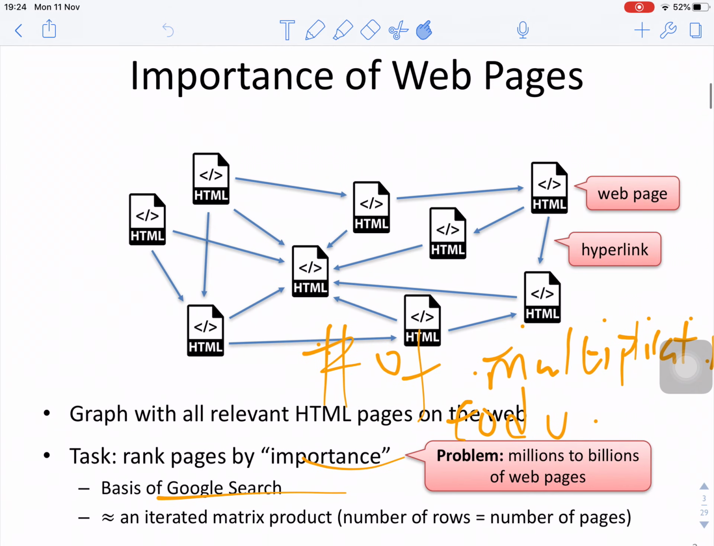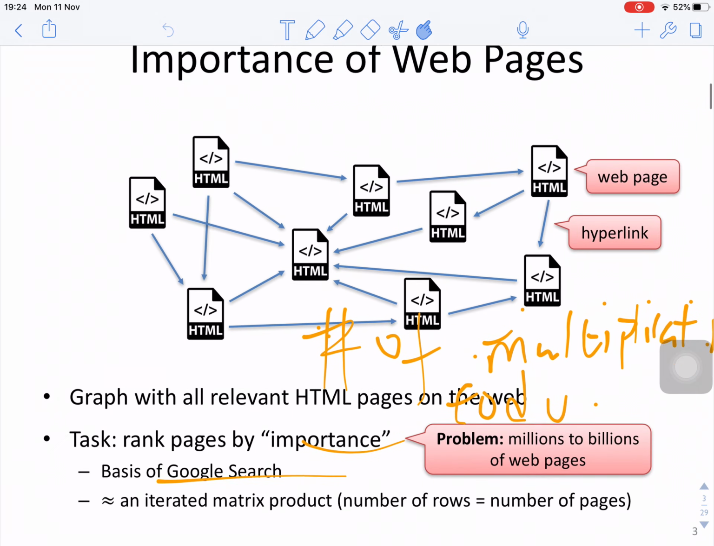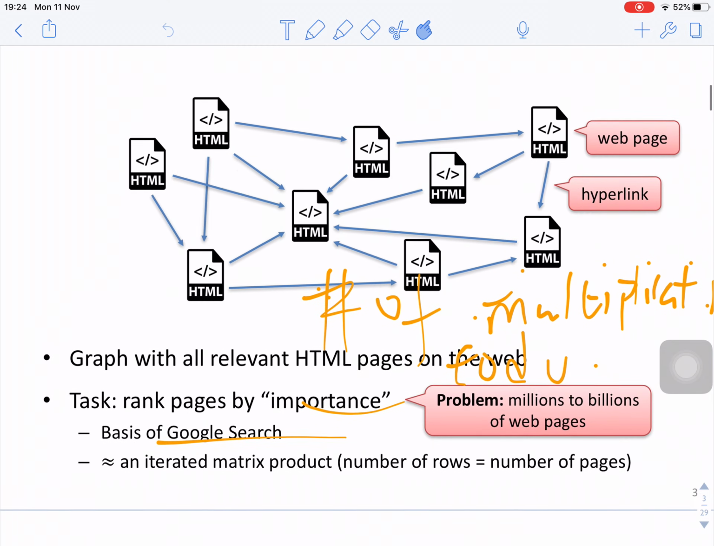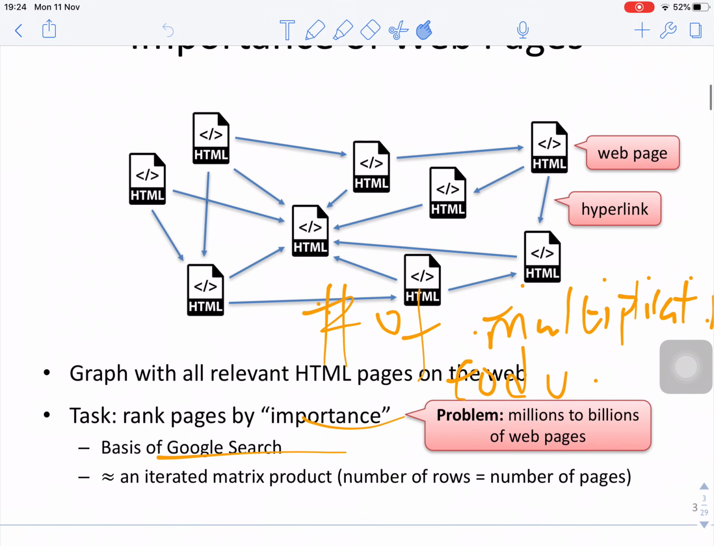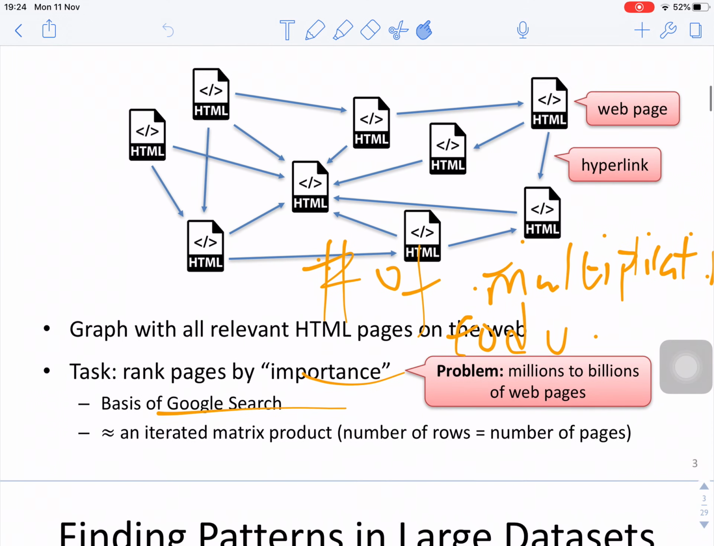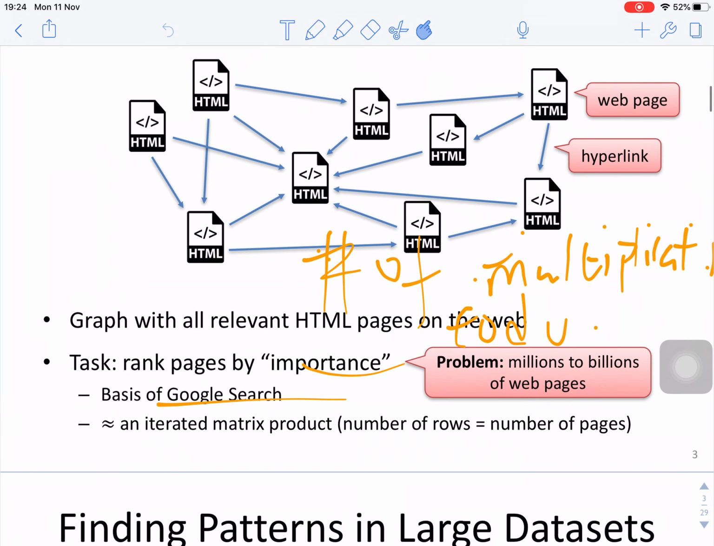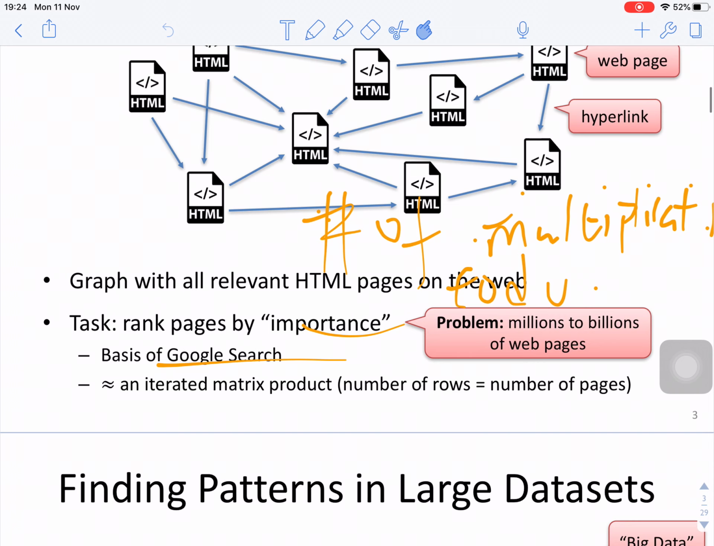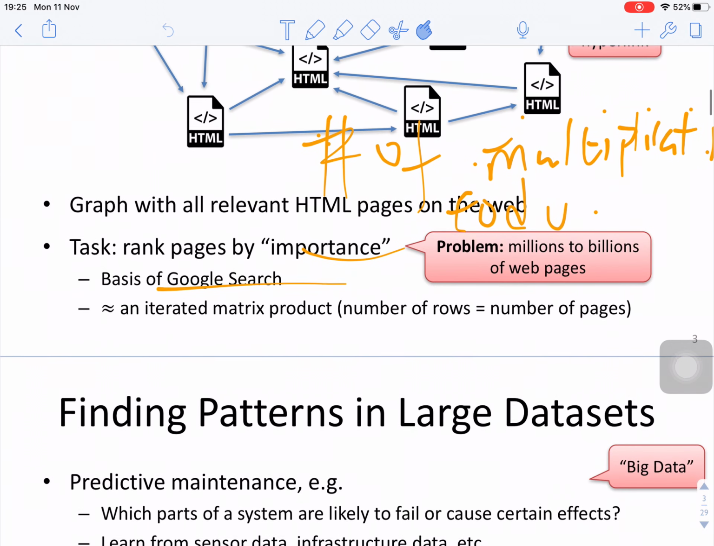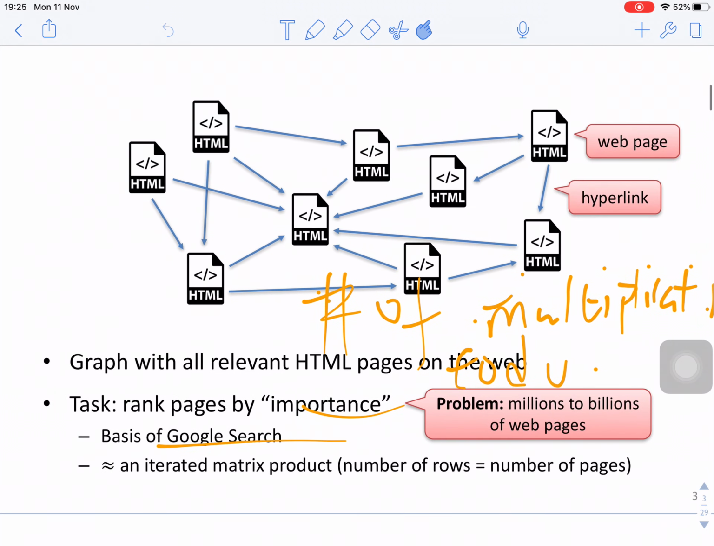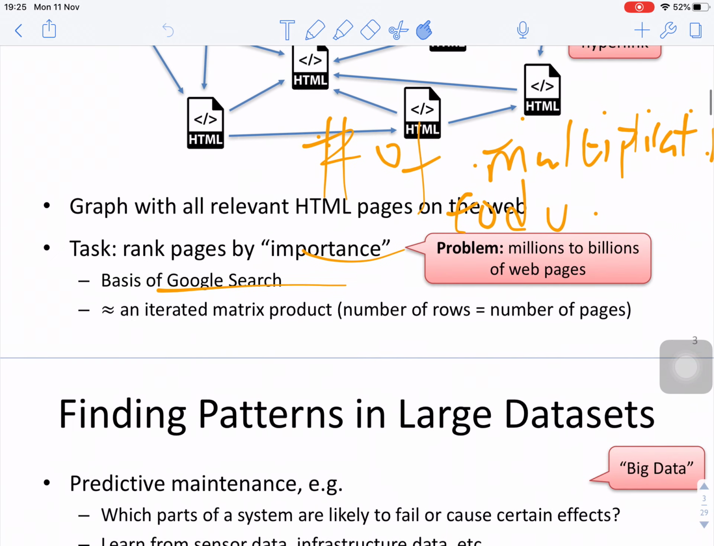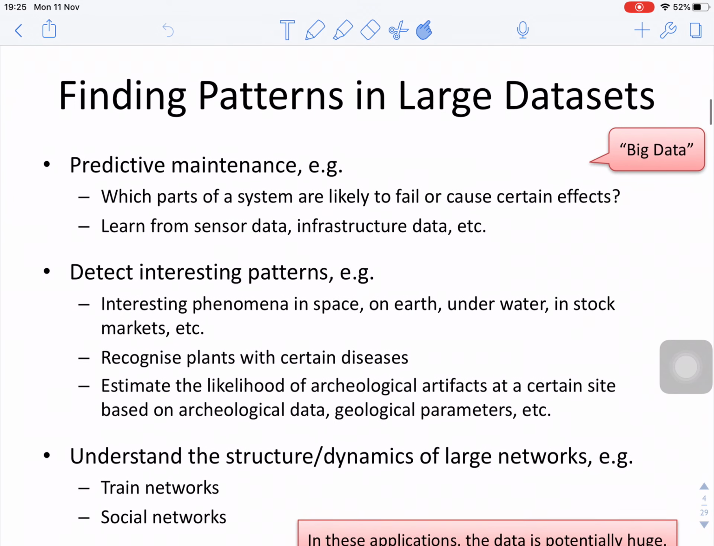For example, we have web pages, where the graph of all relevant HTML pages of the network. We can rank the pages by importance, which is the basis of Google search. An iterated matrix product where the number of rows is equal to the number of pages, where we want to